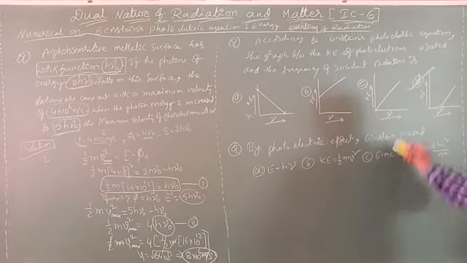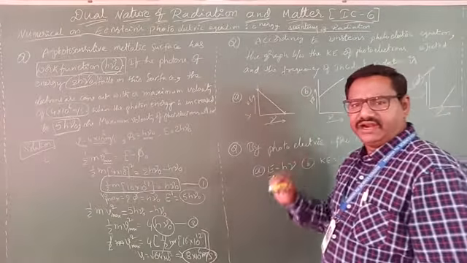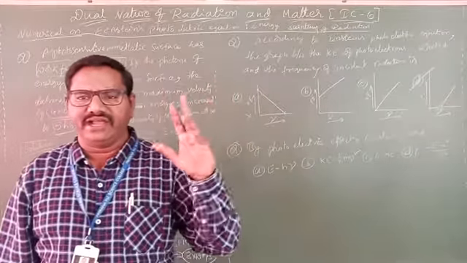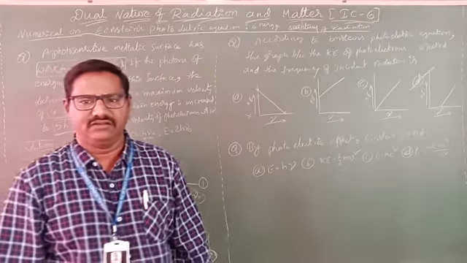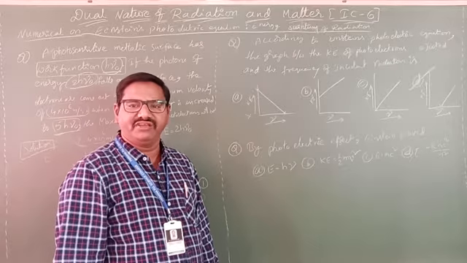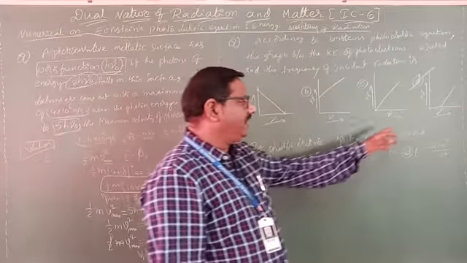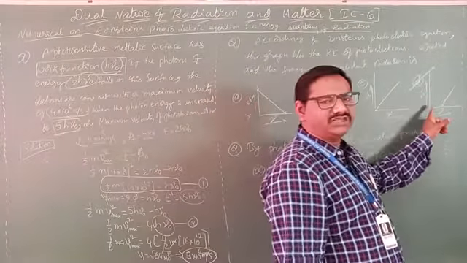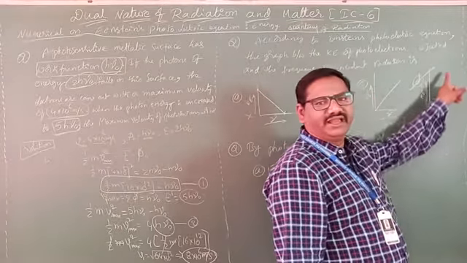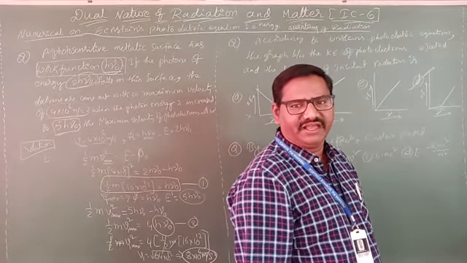Most important, you need to remember this point. If the frequency of incident radiation is below the threshold, no photoelectric effect takes place. Above the threshold frequency, the electrons can move. If frequency increases, kinetic energy increases more. Up to a certain threshold frequency the electrons are not emitted, then after it increases linearly.